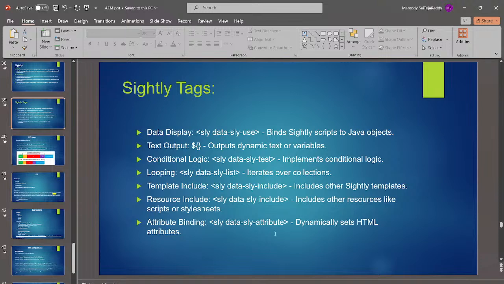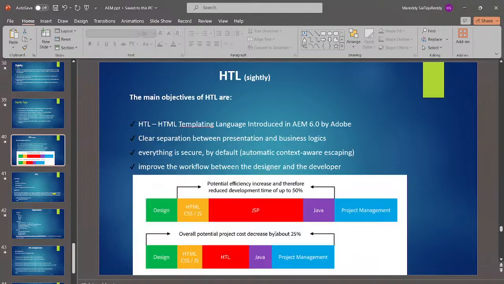Actually, we have created the component for presenting the content. I want to render that content onto my page. The first scenario is the slideshow, and the second scenario is where I want to use Sling Models. Sling Models we will see tomorrow. And the main objectives of HTL are